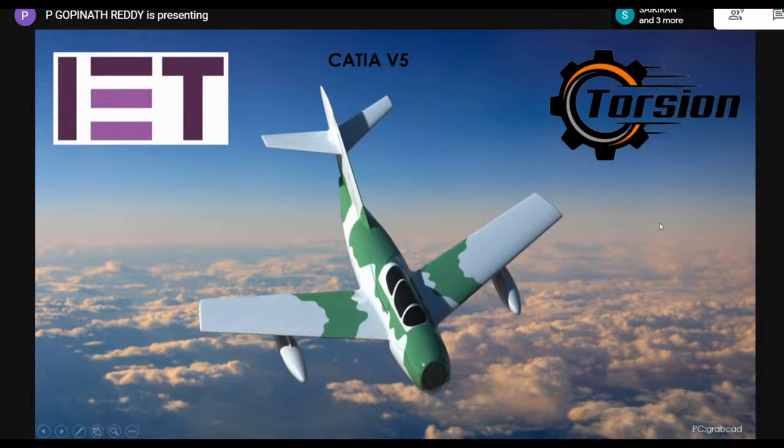Hi, hello all. I'm Gopinath Reddy, third year mechanical engineering. I'm also part of IET NITK. I'm an executive member. So today I'll be taking CATIA V5 as a workshop for you guys through